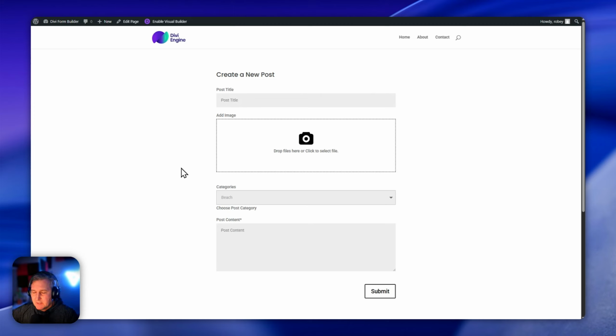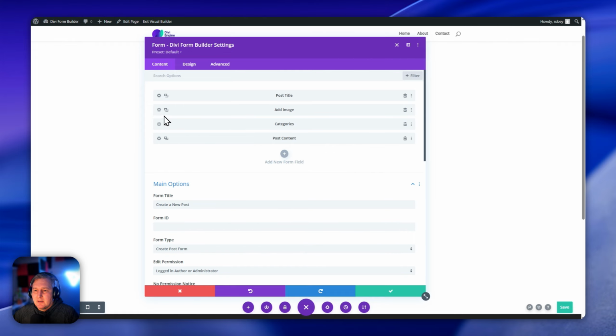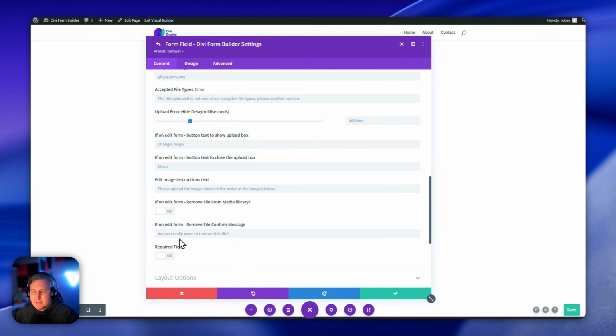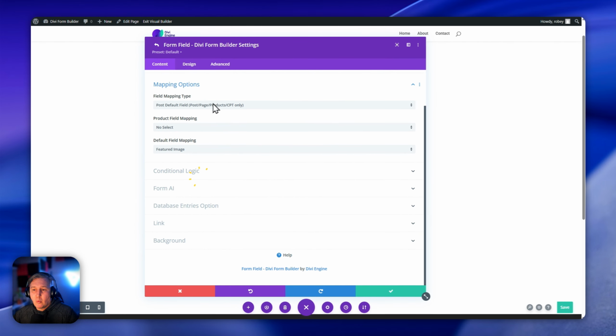Okay, I'm making this video to help people who sometimes want to upload more than one image to a post, right? But you don't want to do a bunch of crazy stuff to do that. And a known limitation of the featured image field, when you're mapping it, is that it can only accept one